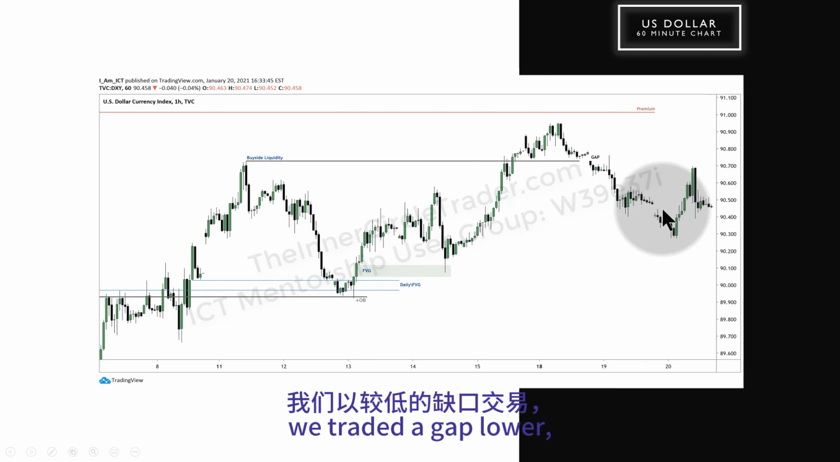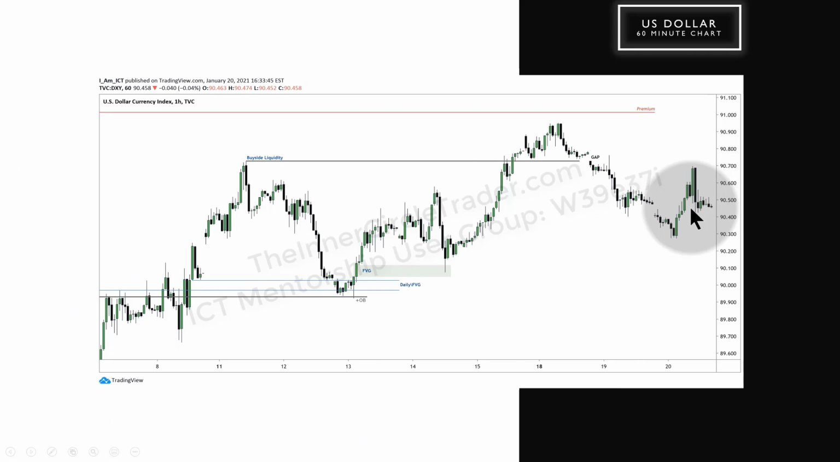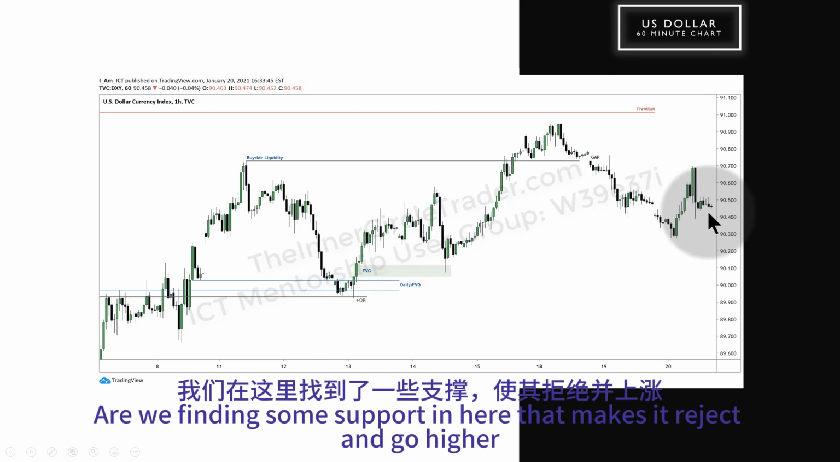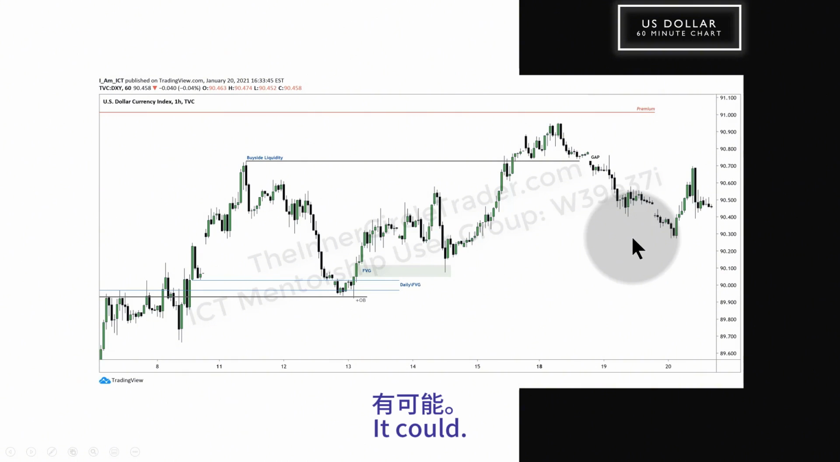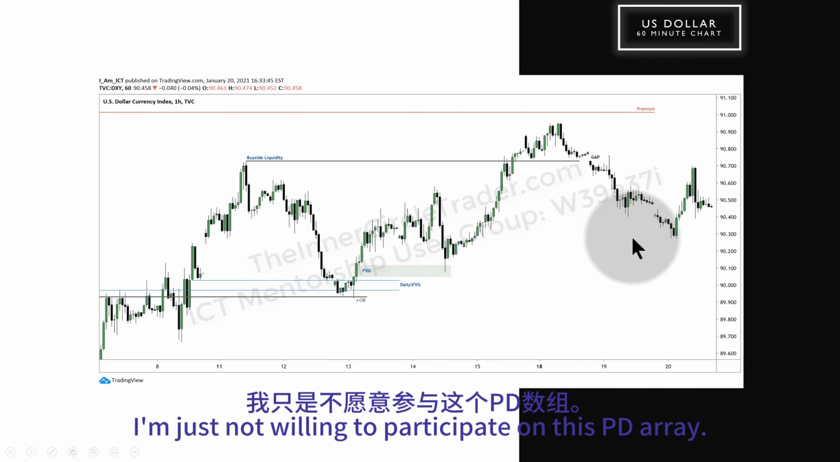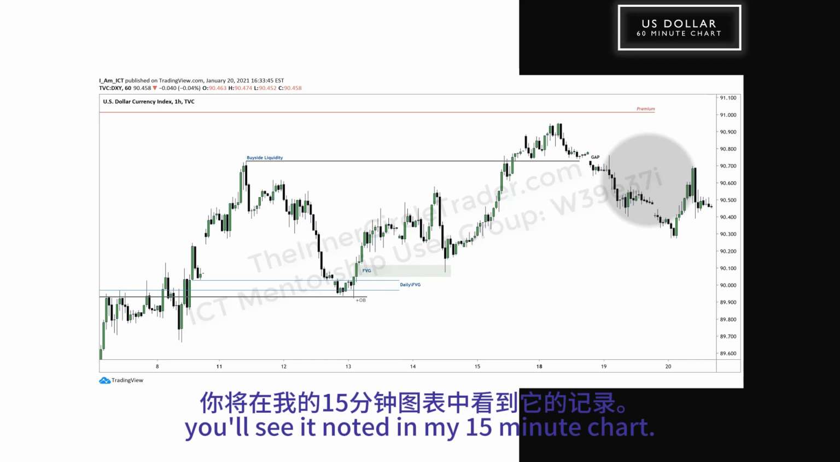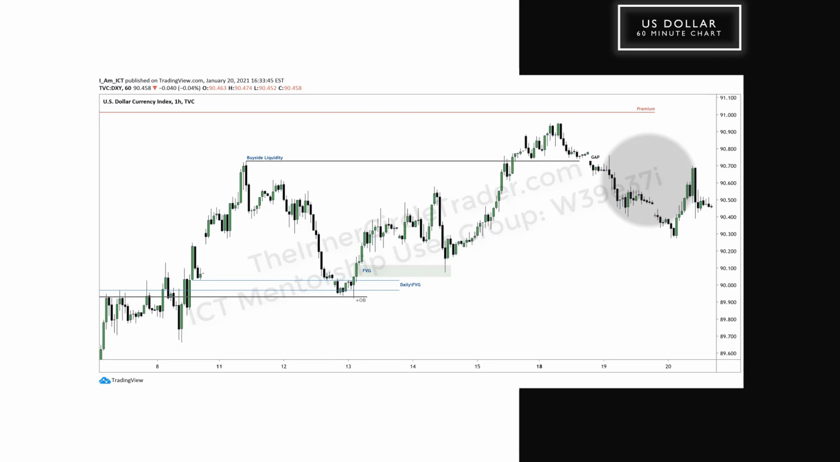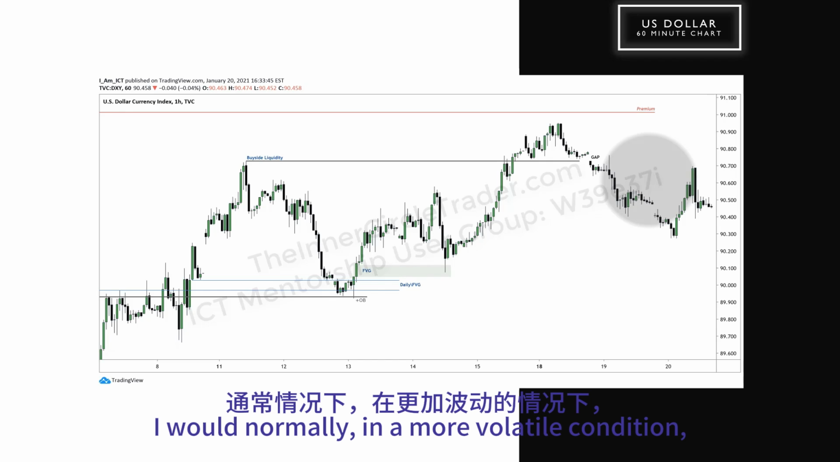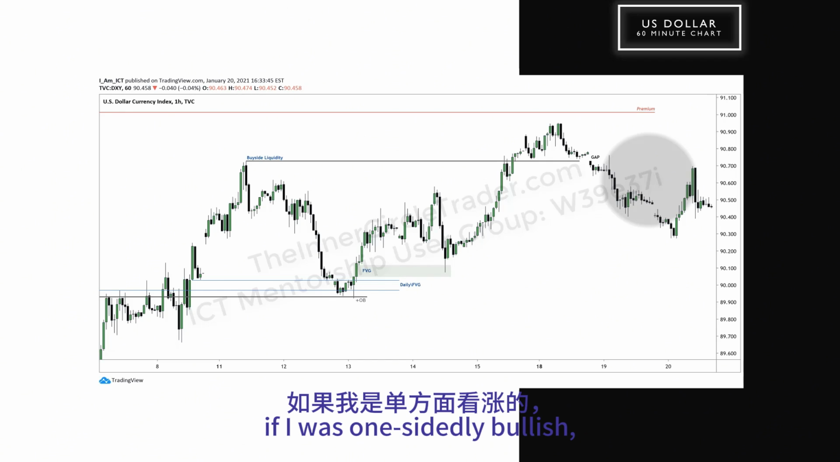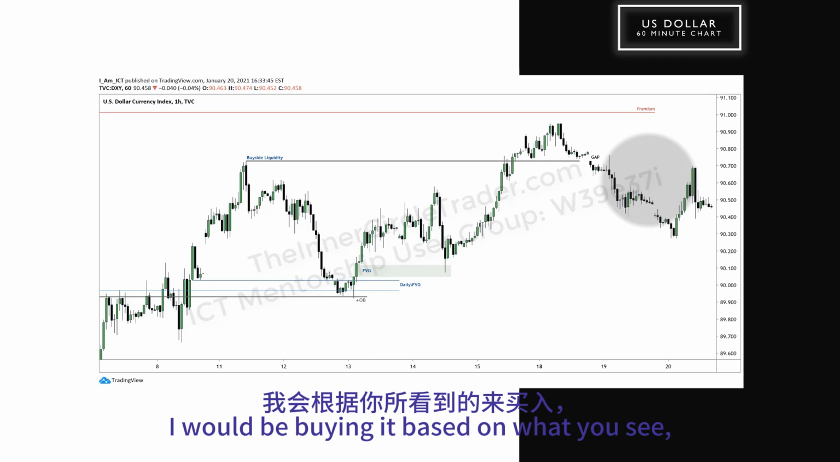So in other words, we traded a gap lower, traded back through it, traded here. Are we finding some support in here that makes it reject and go higher and trade up into that premium level? It could. I'm just not willing to participate on this PD array. In other words, that gap that's not noted here, you'll see it noted in my 15-minute chart. I would normally, in a more volatile condition, if I was one-sidedly bullish, I would be buying it based on